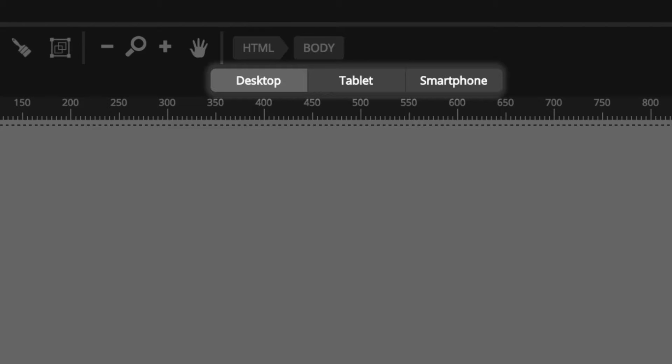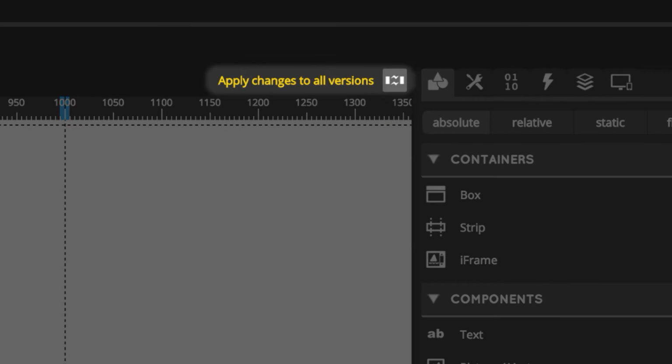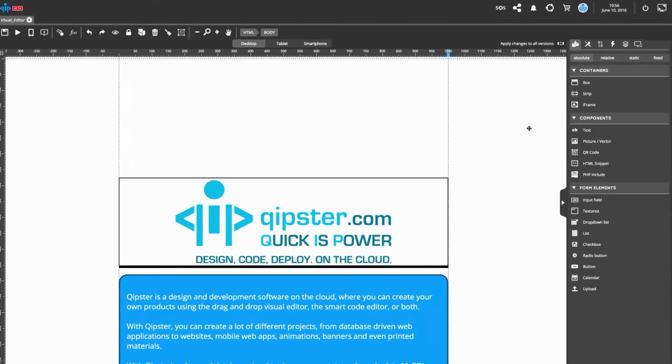Right below the top bar, we find the active versions of a page. When you create a new file, 3 versions are automatically generated for responsive design. These can be modified or deleted, and new ones can be easily added. This button here enables or disables the changes on all versions. This feature is extremely useful when you need to set different styles and contents among different versions of your page. When activated in yellow, all the changes to the page will be automatically applied to all versions. When deactivated, the changes will occur only on the currently selected version.